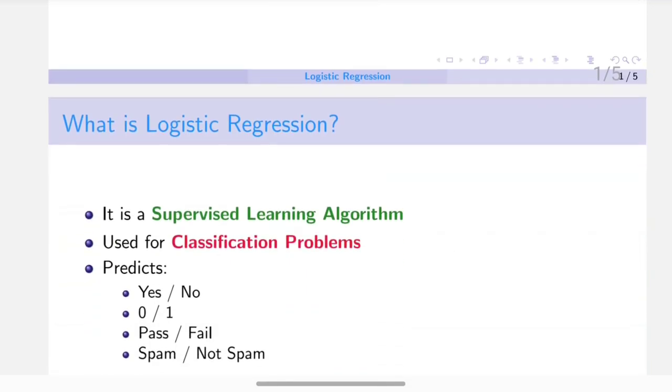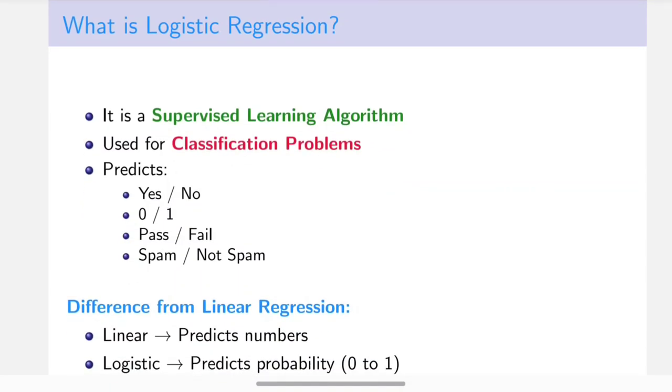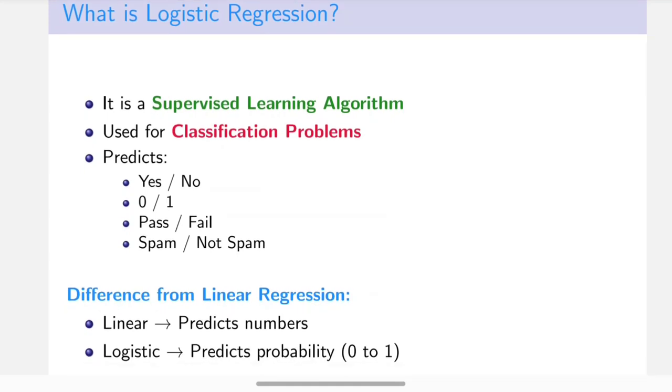Okay. Now, what is logistic regression? Logistic regression is a supervised learning algorithm. That means we train it using data where we already know the correct answers. It is mainly used for classification problems, right? For example, yes or no, 0 or 1, pass or fail, spam or not spam. So whenever the output is only two categories, logistic regression is one of the simplest and most powerful tools we